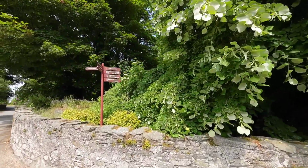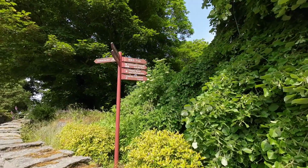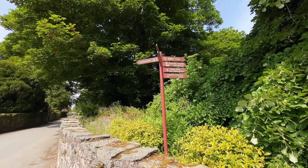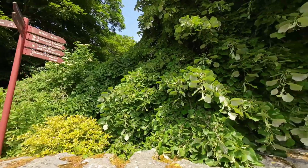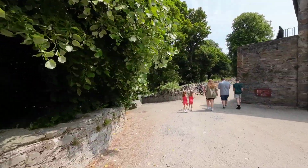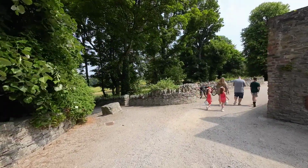So you can go on Farmyard, Cromwell and the Barn, Applewater, Moor Garden, Sky Adventure Centre, Sunken Garden up to the left. But we're gonna head down this direction here. We'll just have a wee adventurable day here. It seems very, very busy, but